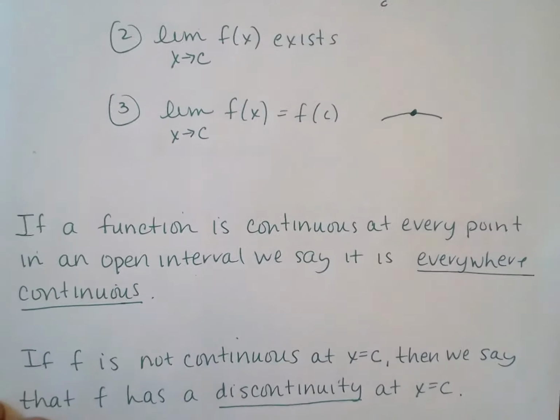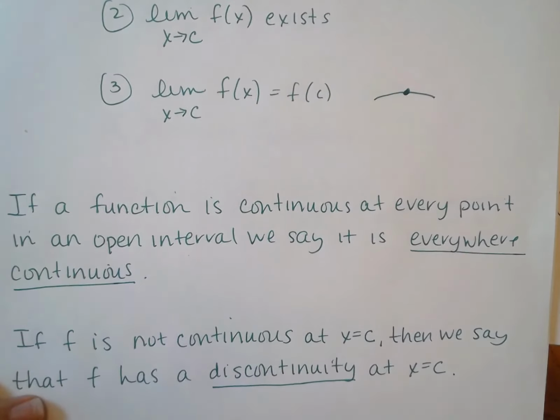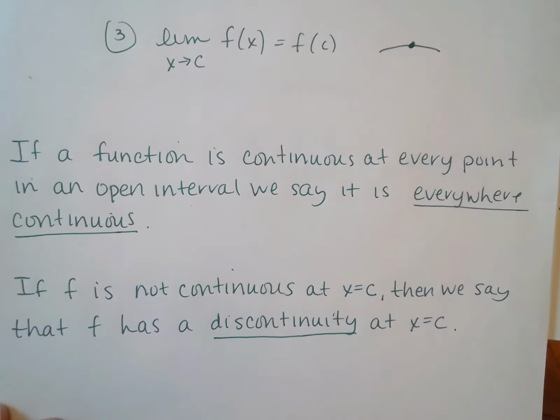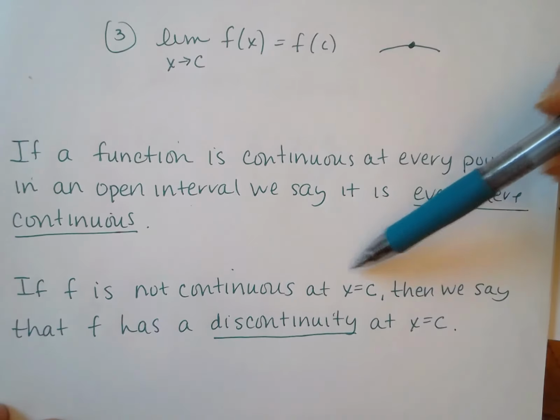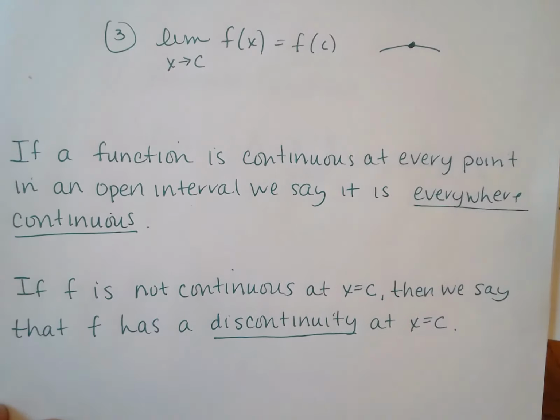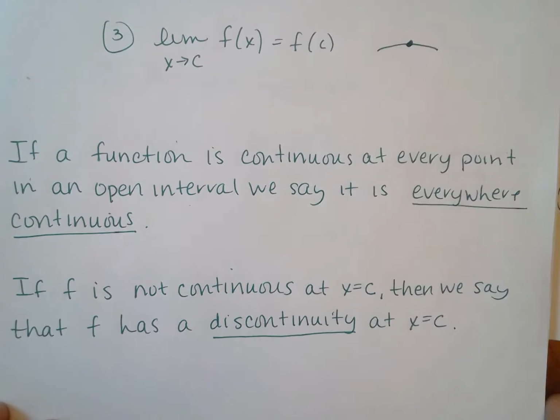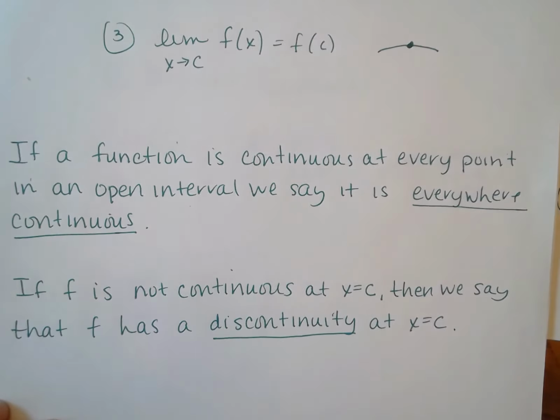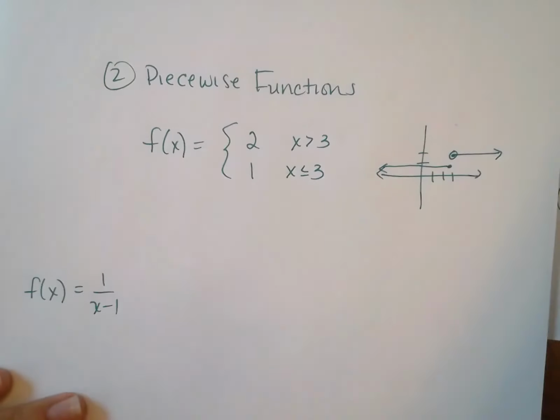And then we just have a little bit of vocabulary here. This is the way we talk about it. If a function is continuous at every point in an open interval, we say that it's continuous everywhere, or everywhere continuous. If f is not continuous at a point x equals c, then we say that f has a discontinuity at x equals c. Sometimes we say it's discontinuous, or it fails to be continuous, or that it's a discontinuity at x equals c. All right, so let's go back then to our